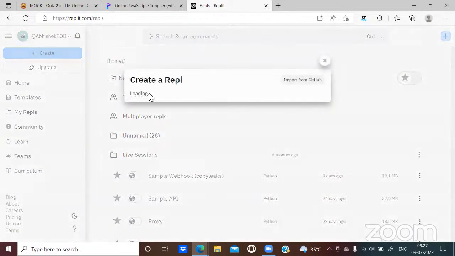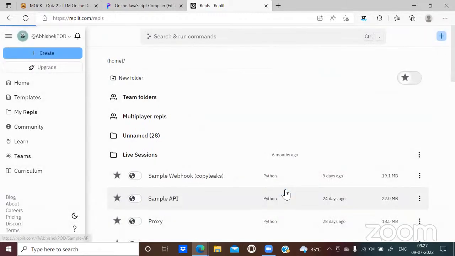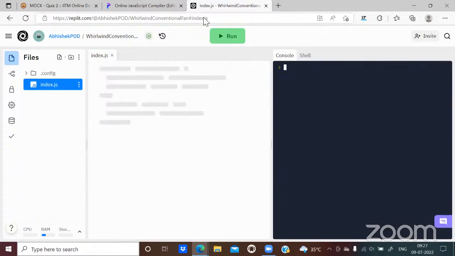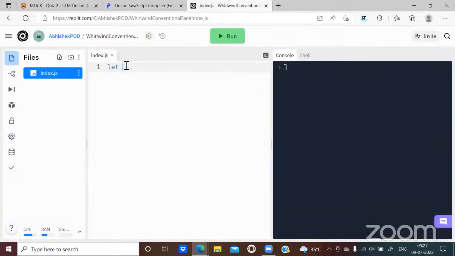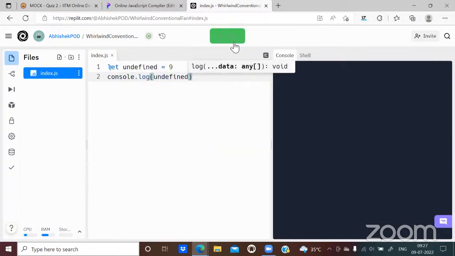Okay, let me just create a simple one. So it should not happen that it gives this value 7. If I change it with where.